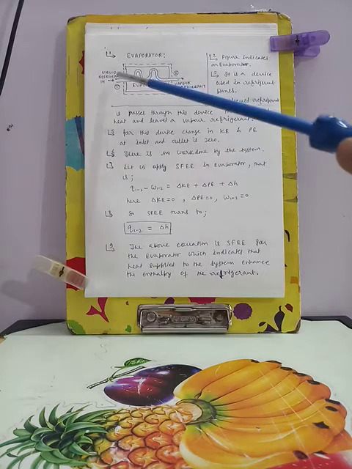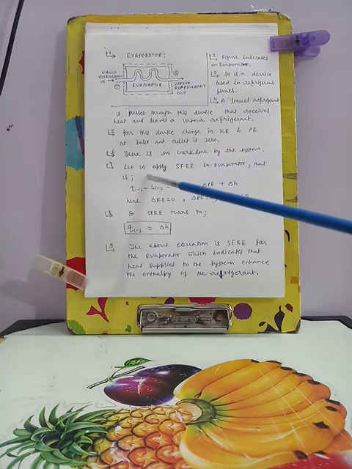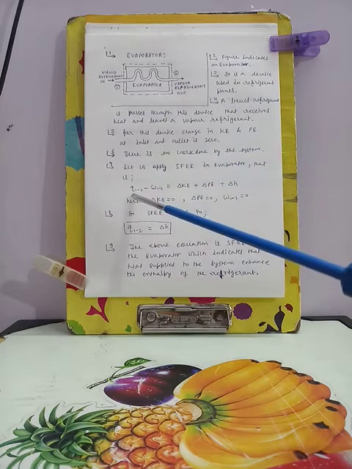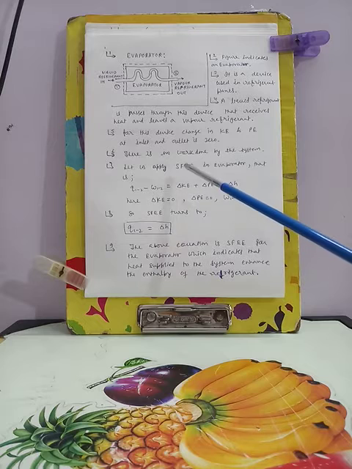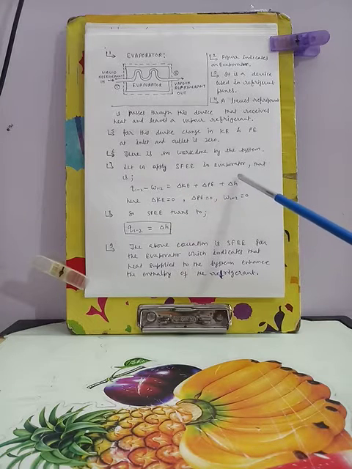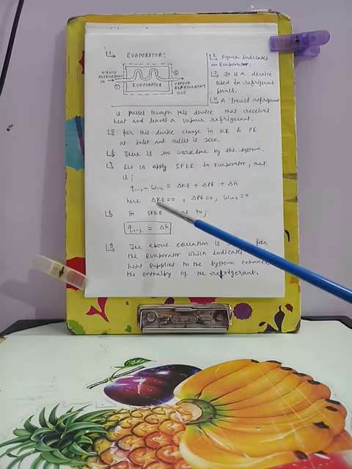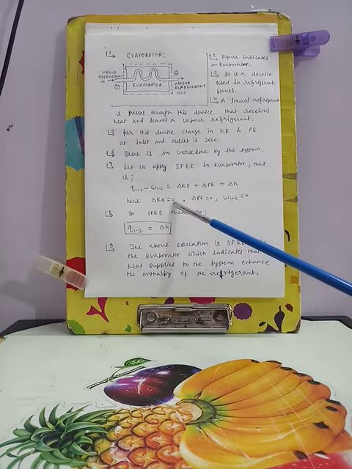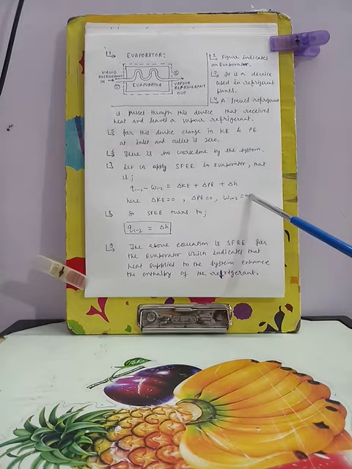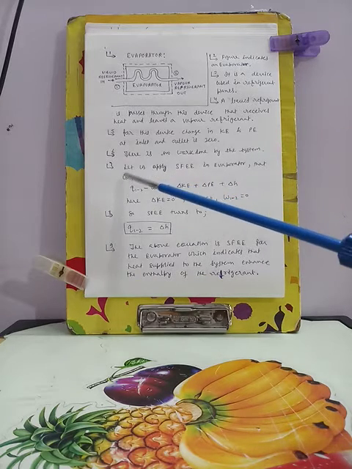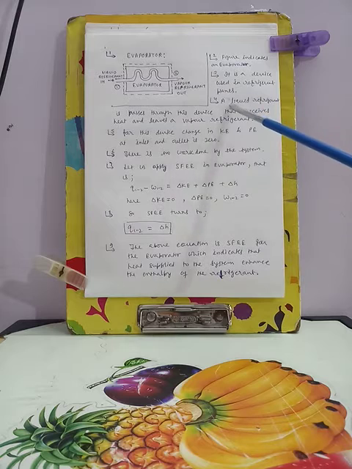So when this is a steady flow system, we can easily apply the steady flow energy equation to the evaporator. That is, this is the equation: Q12 minus W12 is equal to change in kinetic energy plus change in potential energy plus change in enthalpy. In our case, in this evaporator, change in kinetic energy is 0, change in potential energy is 0, and work done by the system is 0. So this steady flow energy equation, this general equation of steady flow energy, turns for this evaporator like this.